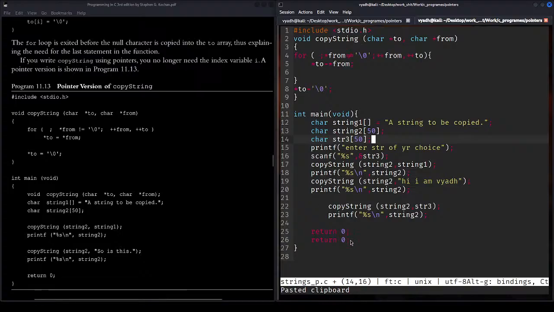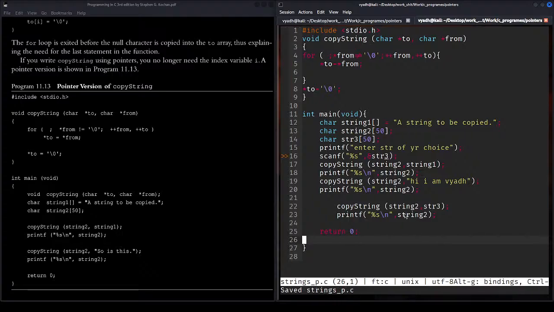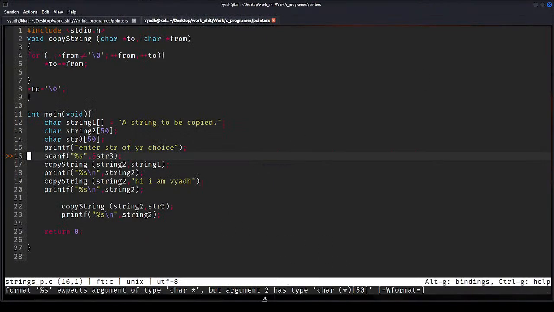I have done return 0 two times. So we have taken the input, we have stored it in, sorry, we have stored it in str3. It should be working. Control S. Problem here, problem here, problem here. Expects argument of type char. Okay, but I am not able to read the whole error. Okay, okay, okay. Format percent s expects argument of